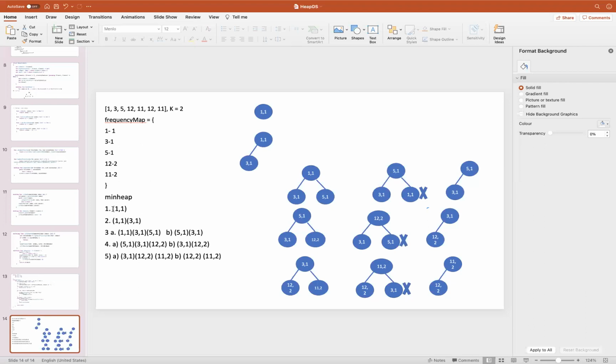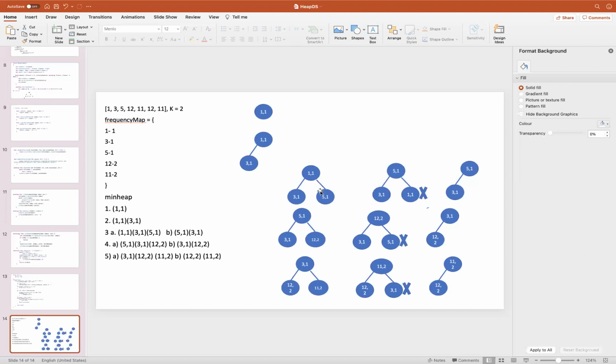First, up to k, like up to 2 elements anyway, I will be adding to the min heap. So 1 1 will be entered first, then 3 1 will be entered, and a min heap will be created like this. Then as soon as 5 1 comes, it will be entered at this position.